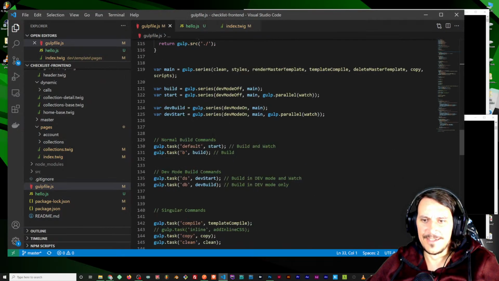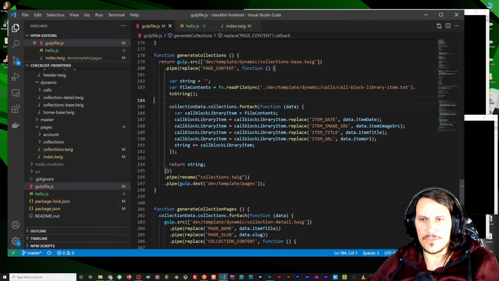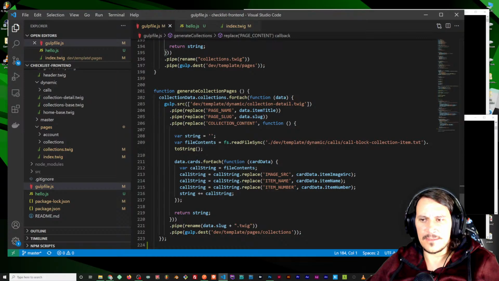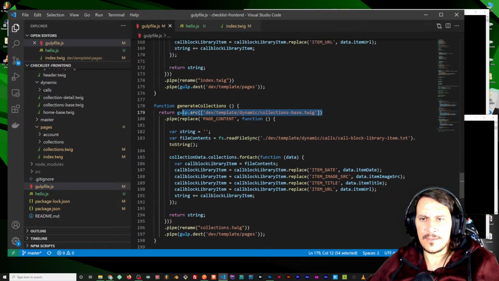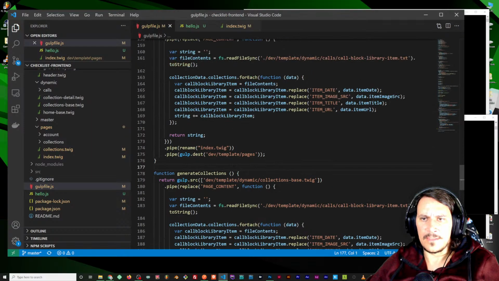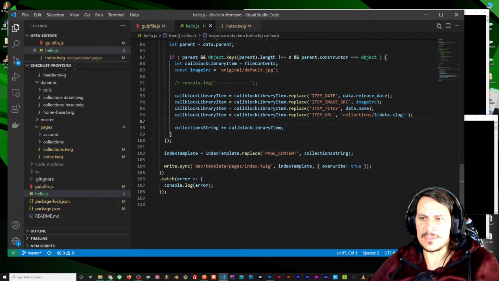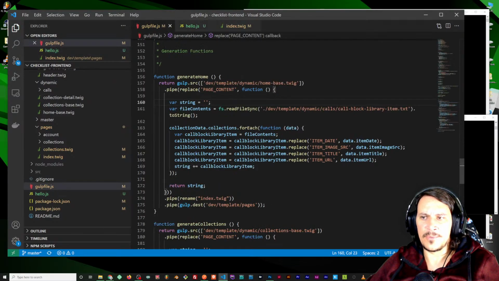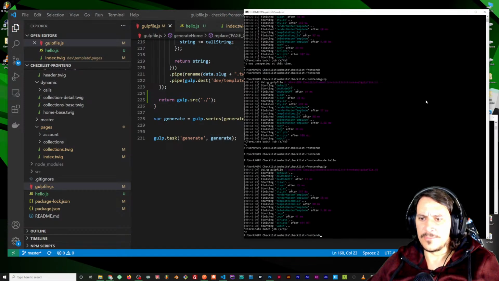generate. So this is like some of my older stuff. And generate, does that also try and do the bloody base page as well? Yeah, this also does it. So home base twig, and then I did this other thing that just does this. So what I'll probably do is, if I run gulp generate, that's gonna